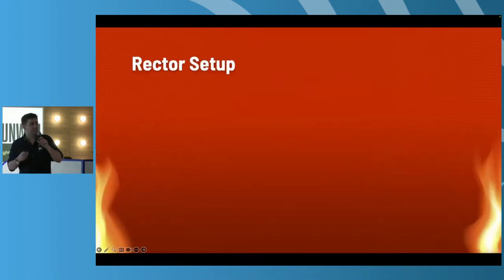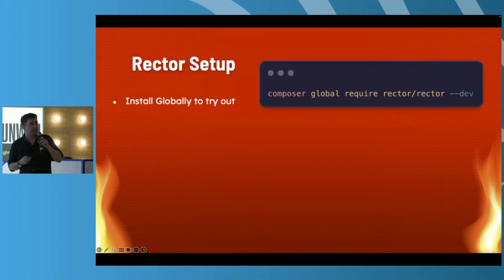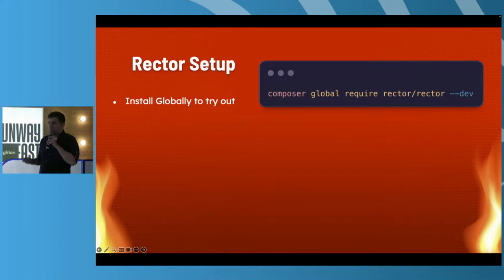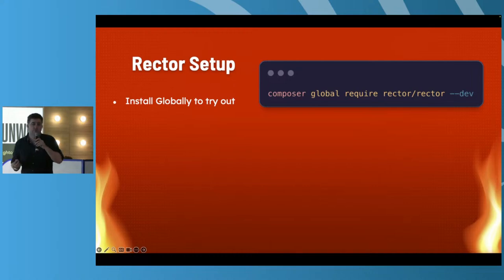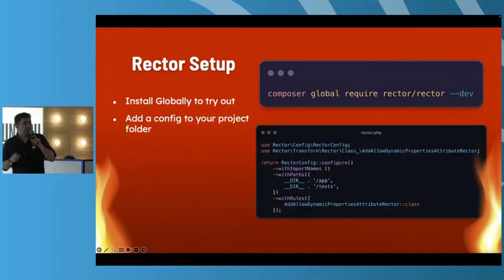So what we can do is set up Rector, and my suggestion is to try it out by installing it globally rather than installing it directly into your project. If you wanted to use it in your continuous integration setup, you can do that and have it doing lots of nice fixes. But for upgrading, I didn't want that mess. It's still relatively new, but setting it up for CI can be a problem at times. So try it out using a global install.